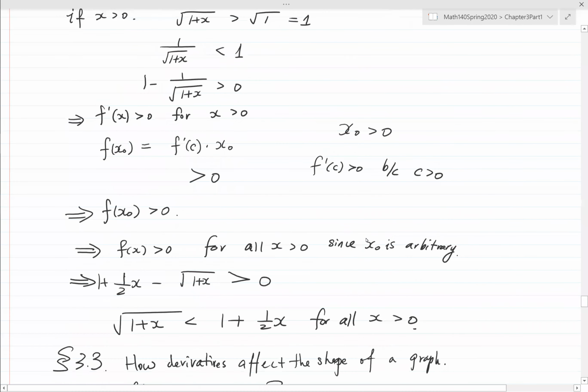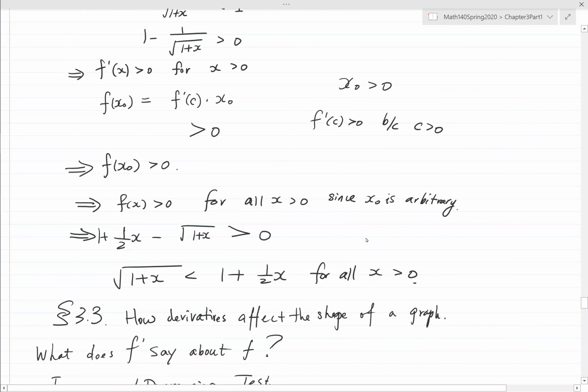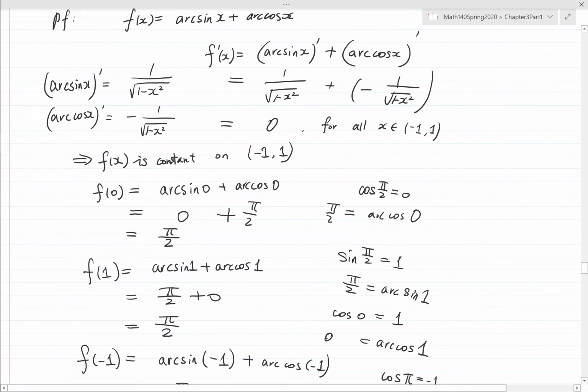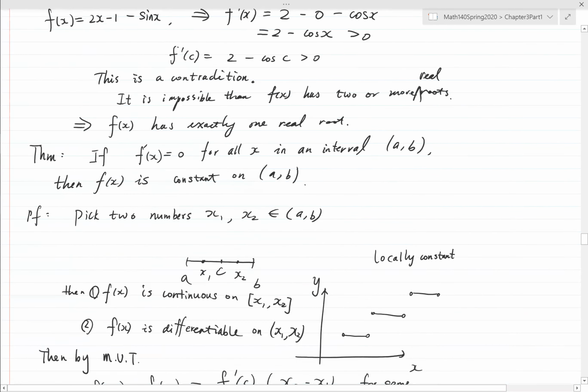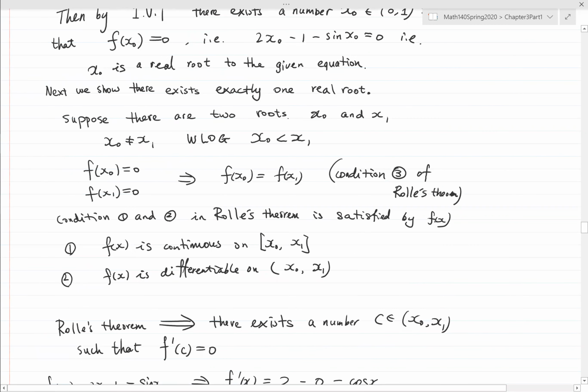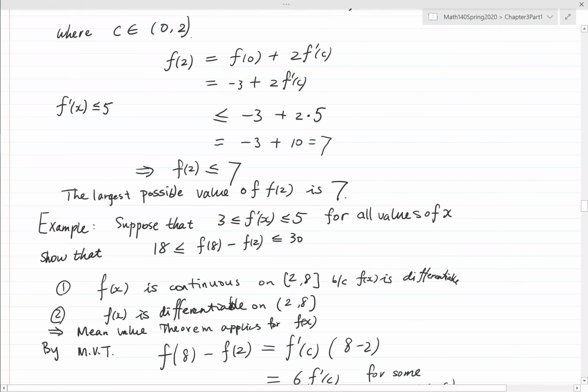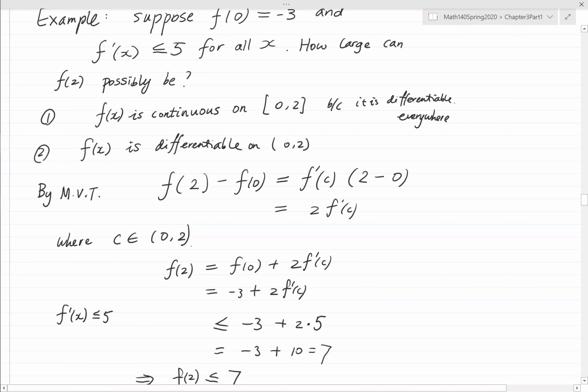Okay, last time we talked about the mean value theorem and applications of the mean value theorem. Let's recall what the mean value theorem says. It says if a function satisfies two conditions, i.e., one, continuous on a closed interval, and two, differentiable on the open interval, then the conclusion is,